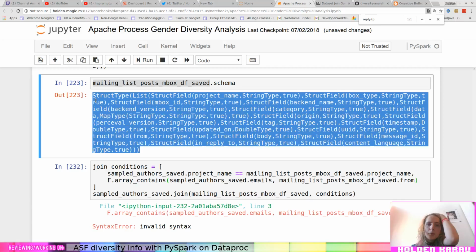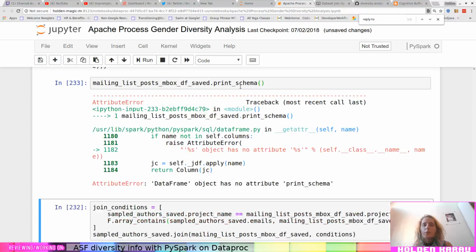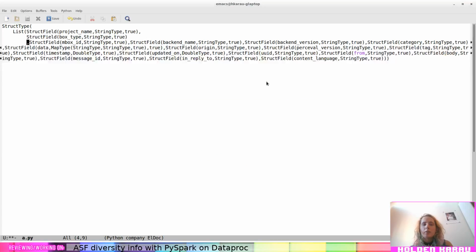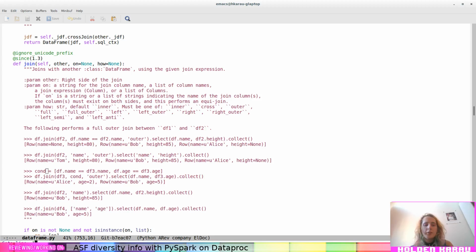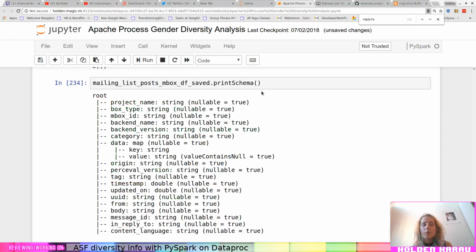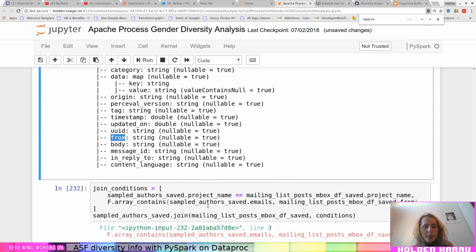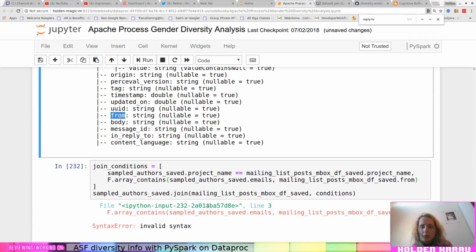Oh, wait, yeah, no, there's a pretty print. Let's just use that. Print schema. Damn it, there is a pretty print. In dataframe.py, print schema. Now it's camel case because it's based off of the Scala API. Okay. Wait, no, dot from is totally from the root. Why is this not liking my syntax? I'm confused.